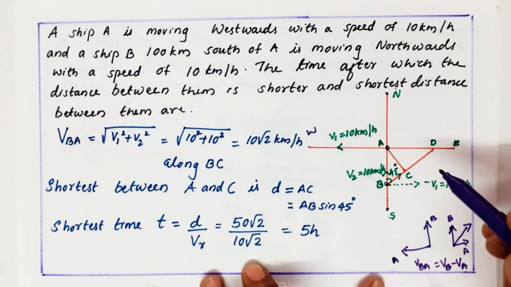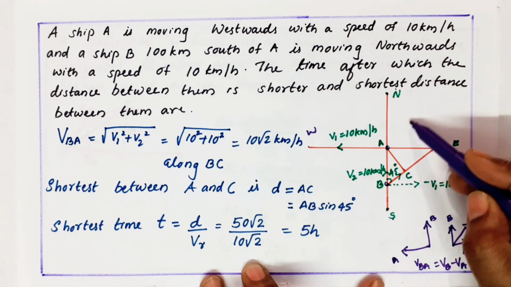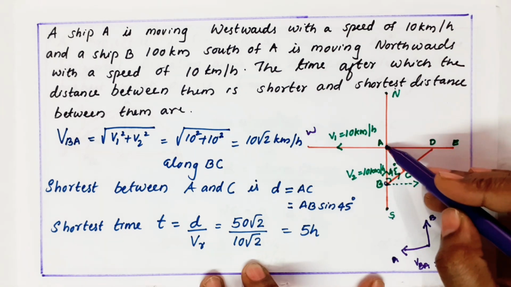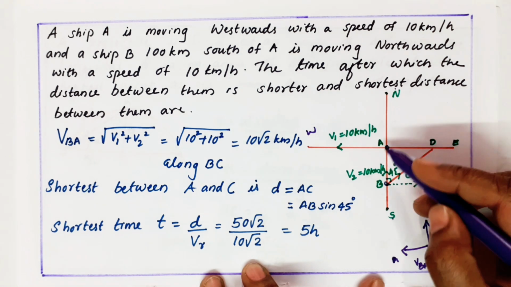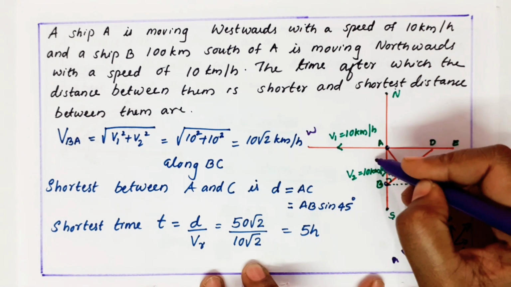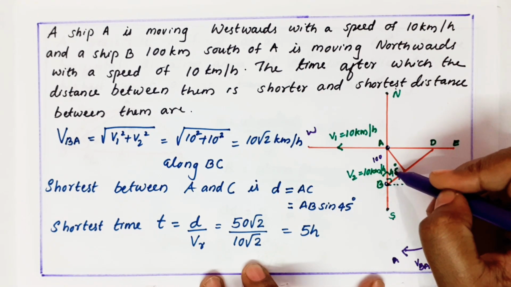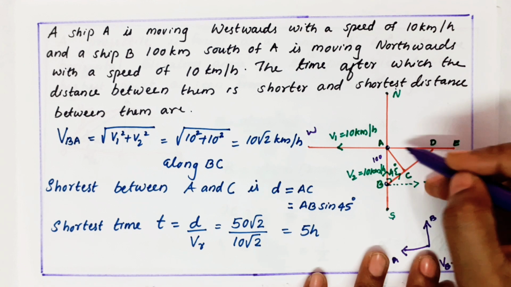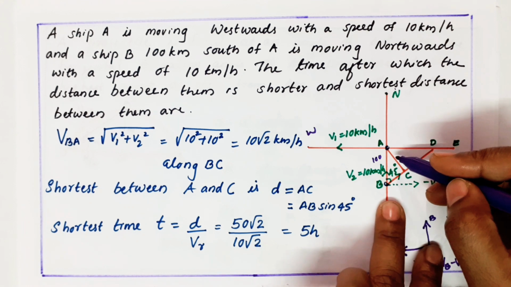We need to find the perpendicular distance from the point A. This is the perpendicular distance. If you are doing it like this, you have to mark the perpendicular distance. So I just marked it like this, and this is the perpendicular distance. Then, because they already told the distance between A and B is 100, they gave it in the question. If I am taking the perpendicular like this, this angle will be 45 degrees, because this also I am taking as 100, so it forms an isosceles right triangle.